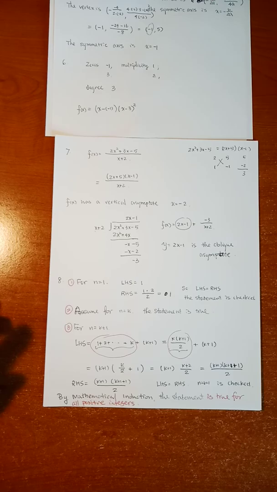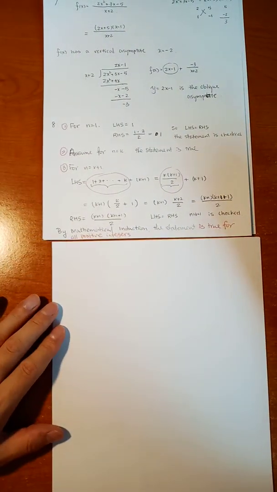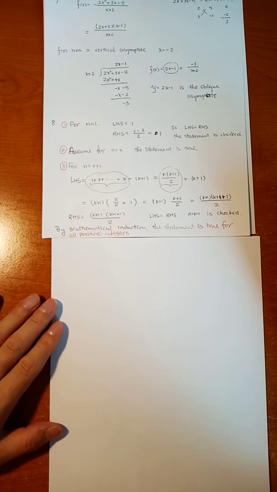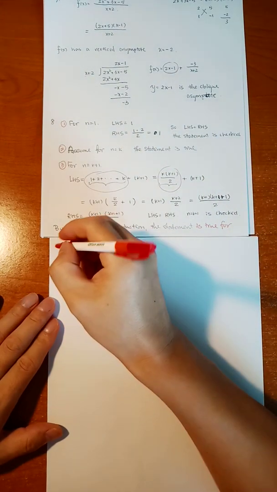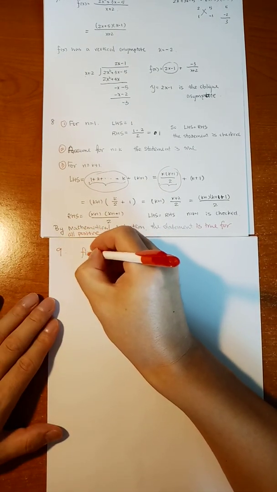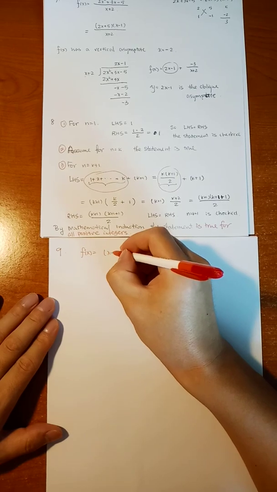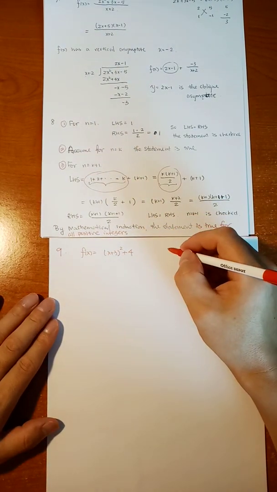Okay. So that's our problem 8. Problem 9. Identify the interval where the function is increasing and decreasing on the interval 1, 3. So we have function f of x equal to x plus 3 squared plus 4. And the interval is